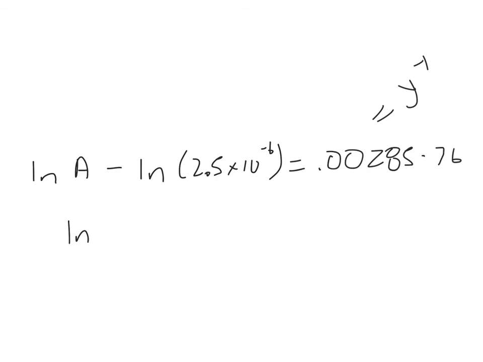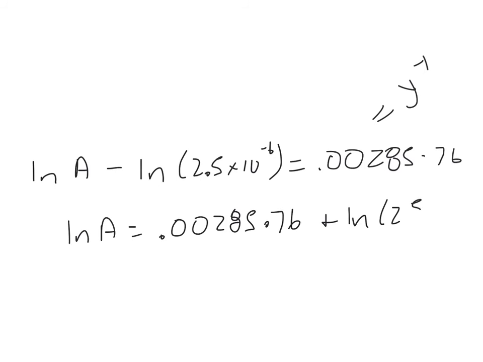So natural log of A equals 0.00285 times 76 plus natural log of 2.5 times 10 to the negative 6. So I added this to both sides to cancel that out. Natural log of A, crunch my numbers on that, I get negative